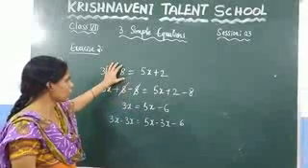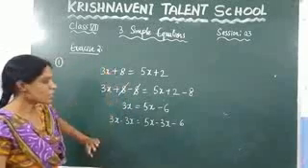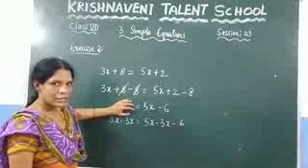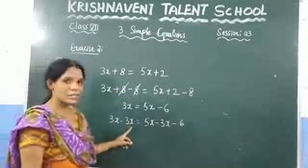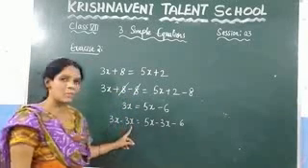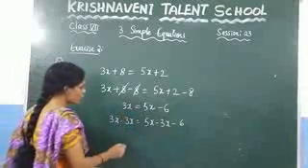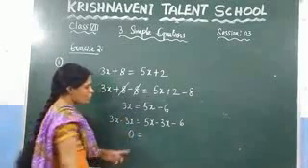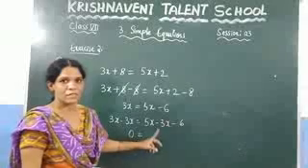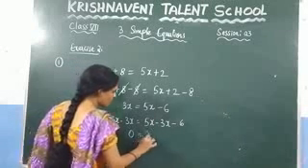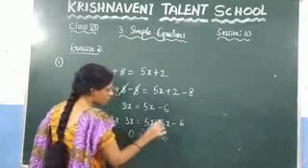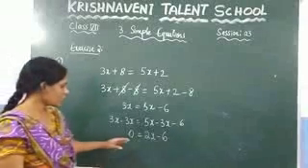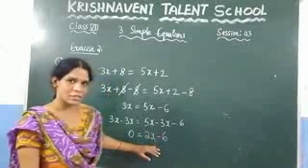Since I have to start with the LHS, if you want to remove 3x here, you need to subtract with minus 3x. So what is the value of 3x minus 3x? You know that it gives 0, is equal to, what is the value of 5x minus 3x, which is 2x. So you are getting 2x minus 6. Right? So you got 0 is equal to 2x minus 6.